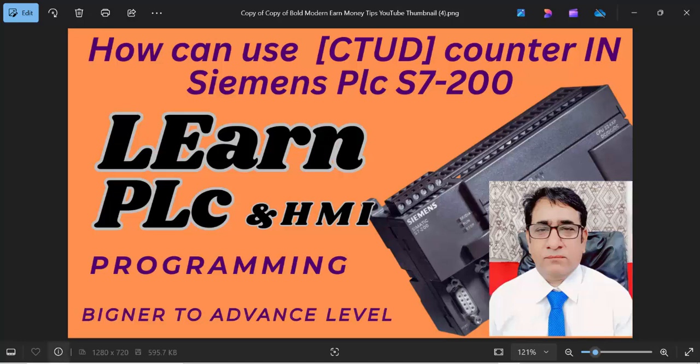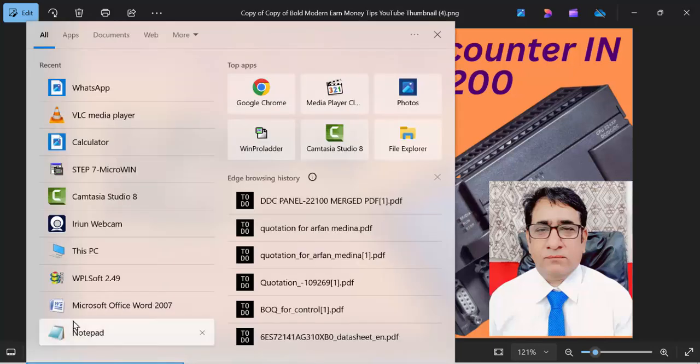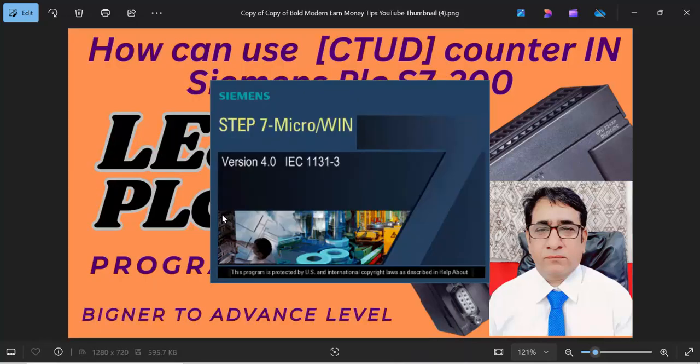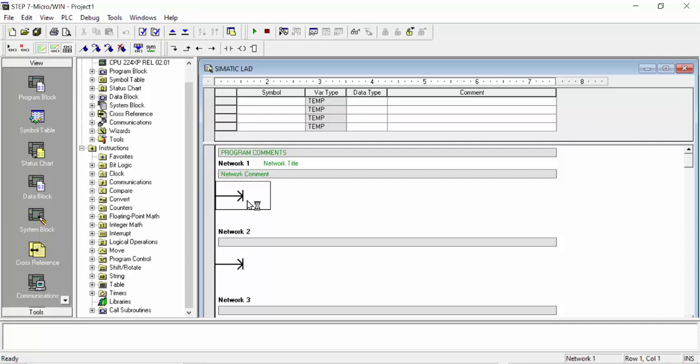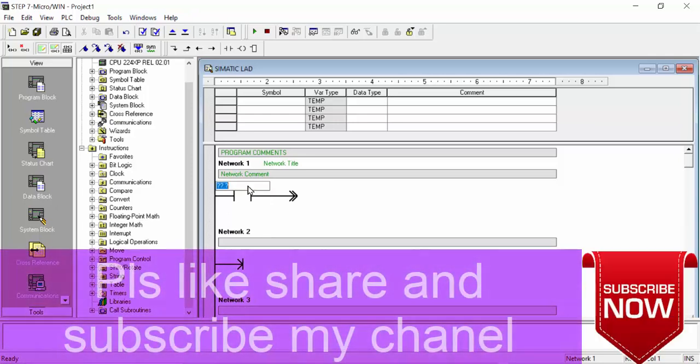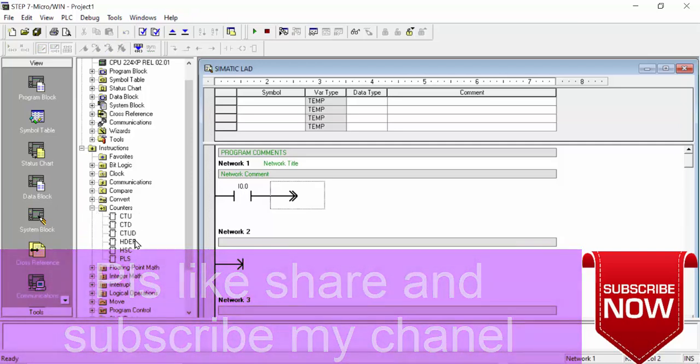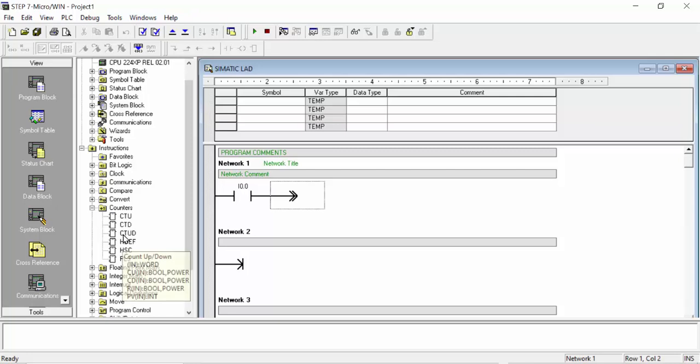So let's get started. First of all, I will open my Step 7 MicroWIN software. And then here we will choose first input I0.0, for example, I0.0, I0.0, and next we will go to the counters section and choose this CTUD,